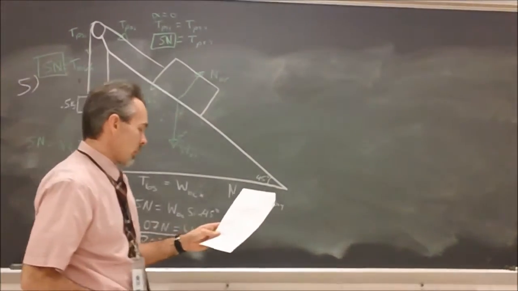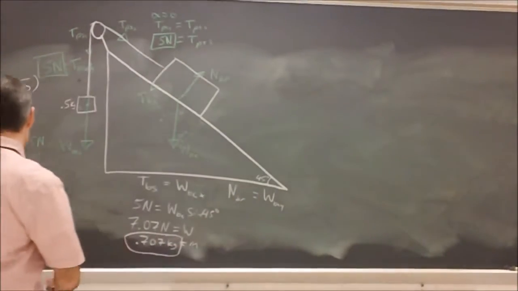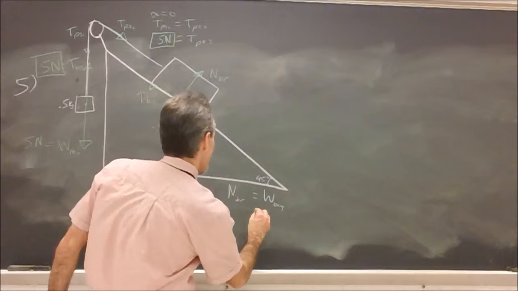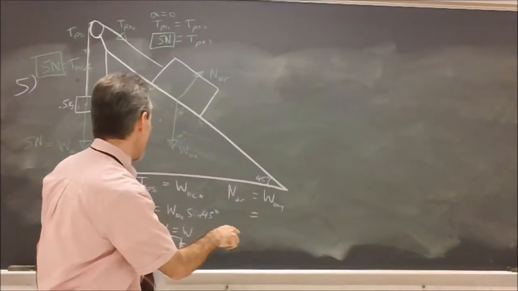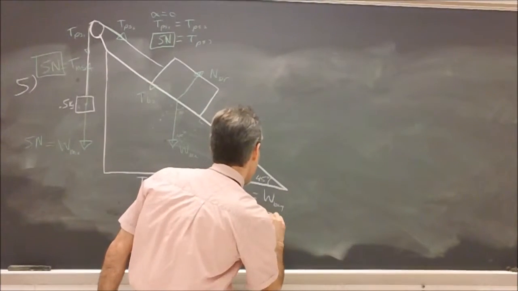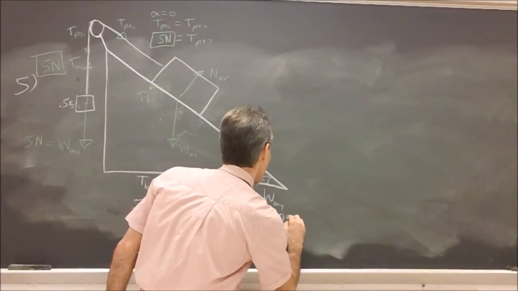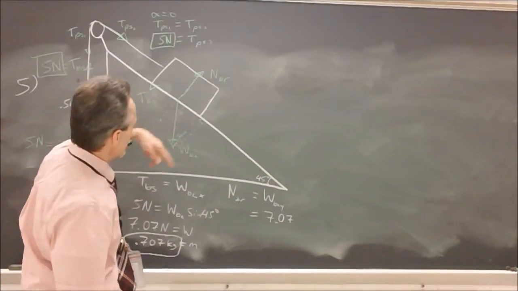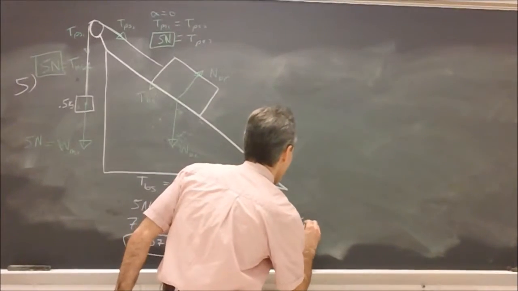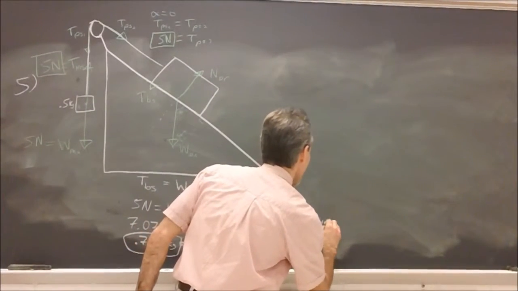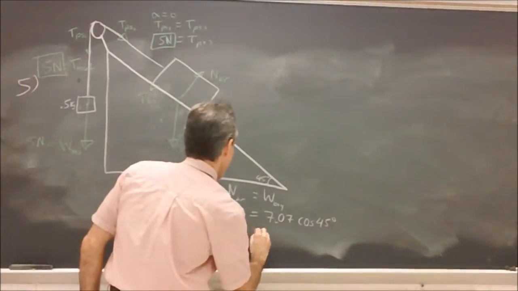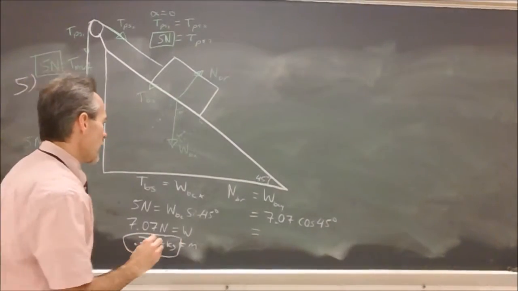Part D says determine the magnitude of the support force. So that's going to be equal to the weight, which is 7.07 newtons in the y direction. So it's going to be times cosine of 45 degrees, because it's the adjacent one to this angle. And when I do that, I end up getting